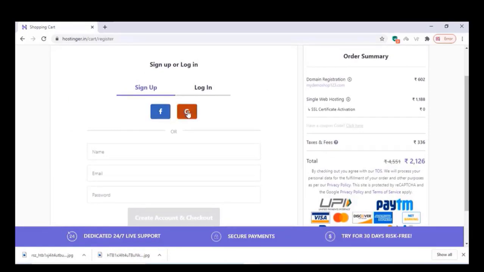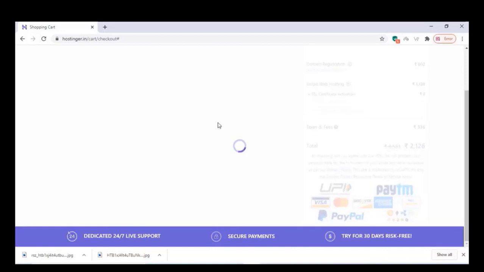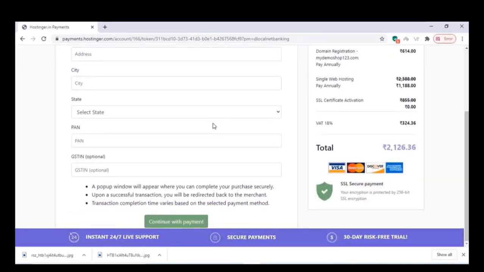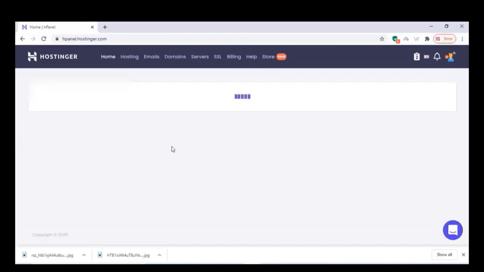You can sign up or log in with your Google or Facebook account, and after that you can choose the payment option, and you can check out the hostinger. Once you check out, you will add the pin code and everything, and you will get a window like this. Click on manage,